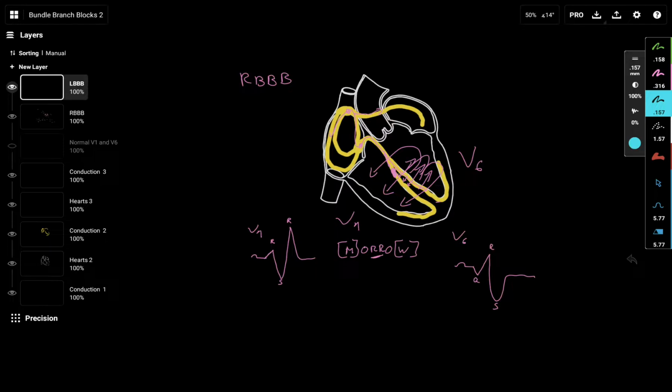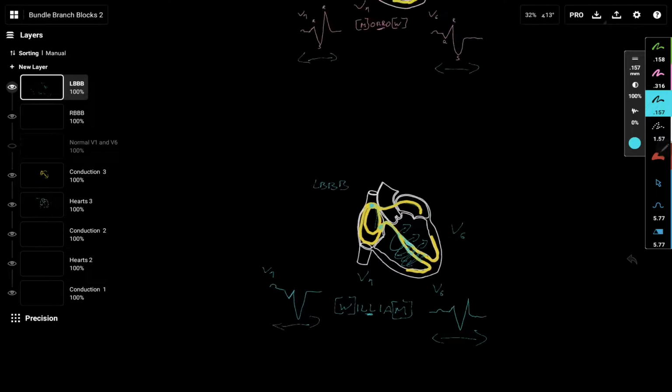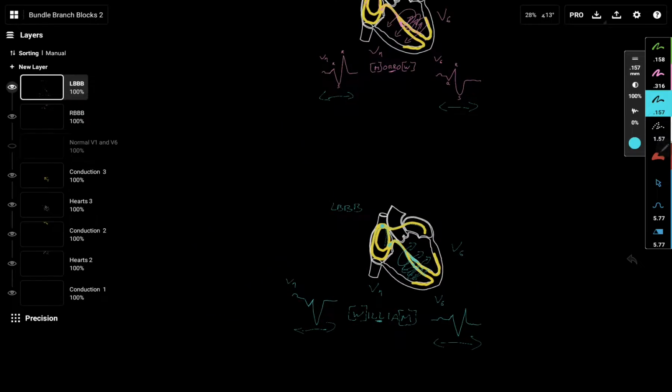There's a wide QRS. Let's have a look at V1 and V6 and see what we find. In both cases, as you can see here, we have quite wide QRS complexes. When you have a look at V1 and V6, look at their morphology, and hopefully this will help you determine